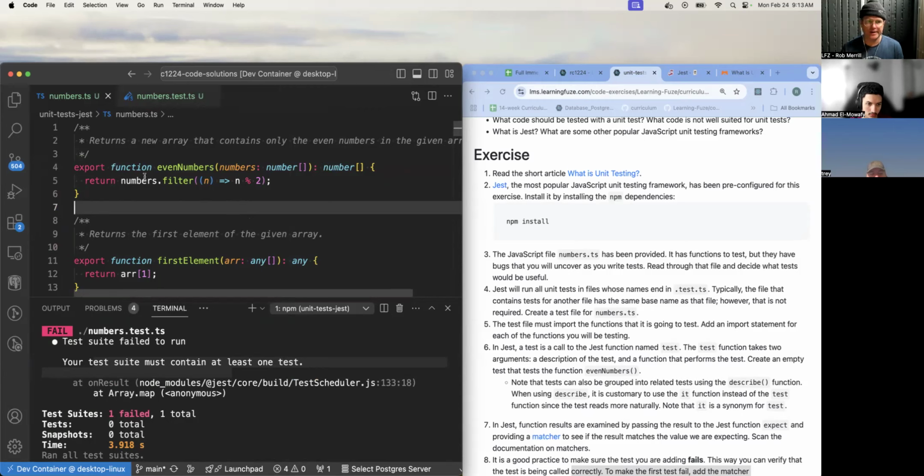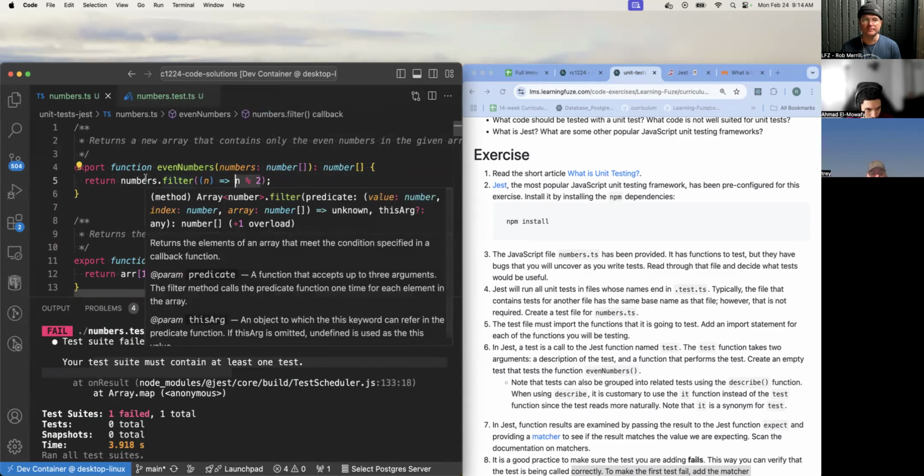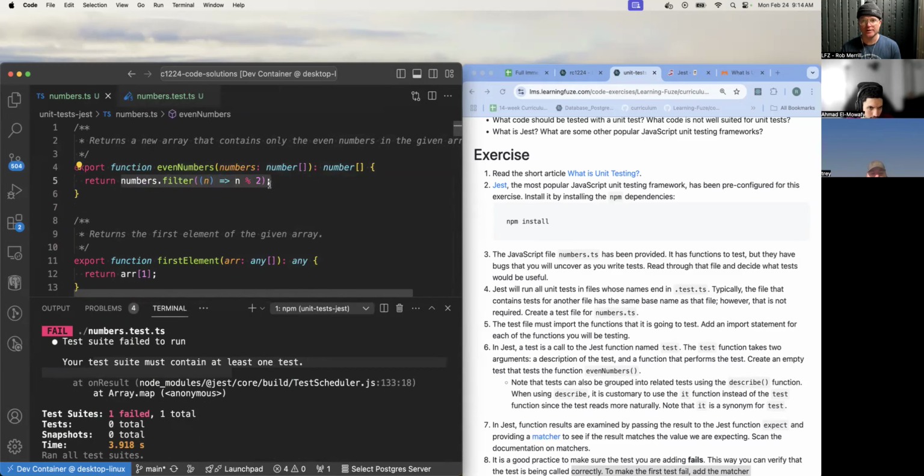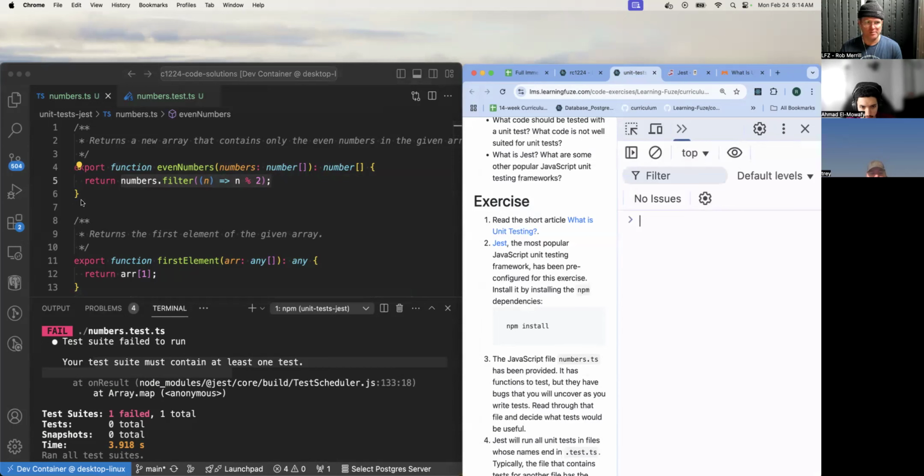Now, if we were to look at this one, this function evenNumbers, it's going to take in an array of numbers. And on that array of numbers, we're going to filter for each number. If this is a true statement, n modulus 2, it's going to show up in our array that gets returned. So this is currently broken. You might be able to see it with your eyes. But if we're going to take this and put it in the browser,